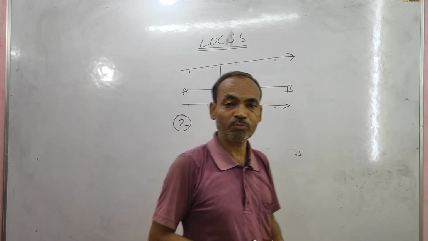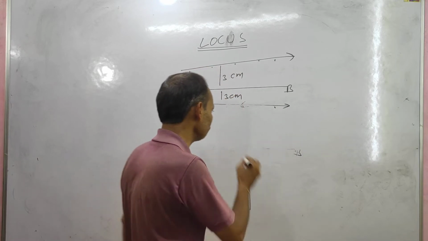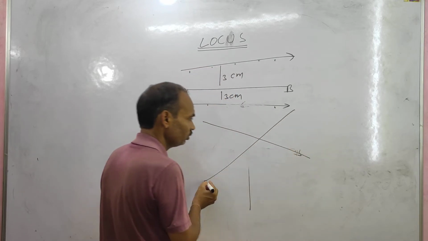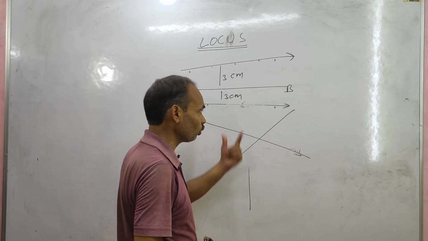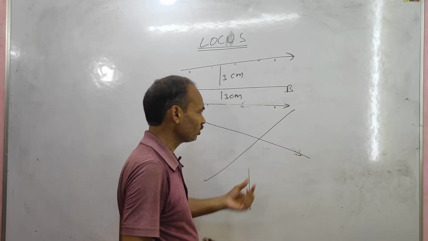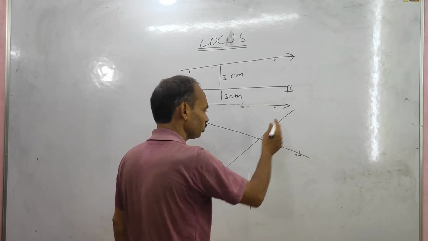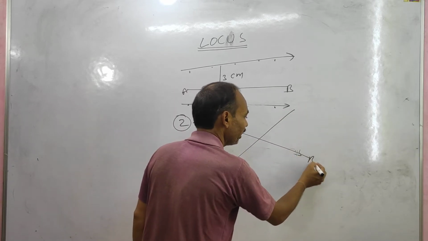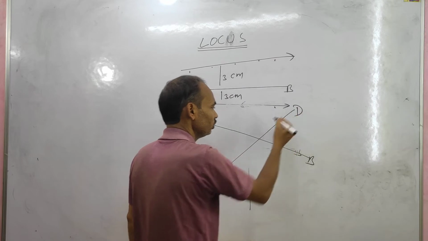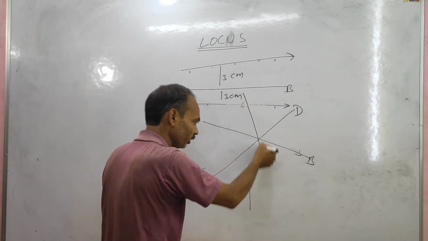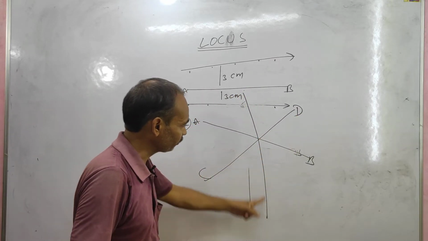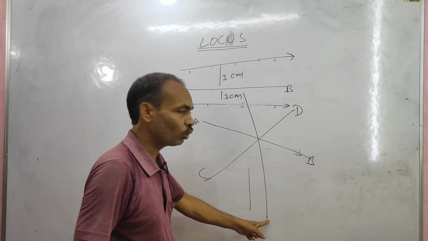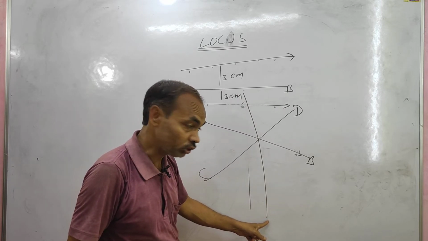Theorem 2: the locus of a point equal distance from two intersecting lines. Locus of a point, locus means path, moving path. The locus of a point which is equal distance from two intersecting lines AB and CD is the angle bisector. This angle bisector is the locus of the point which is